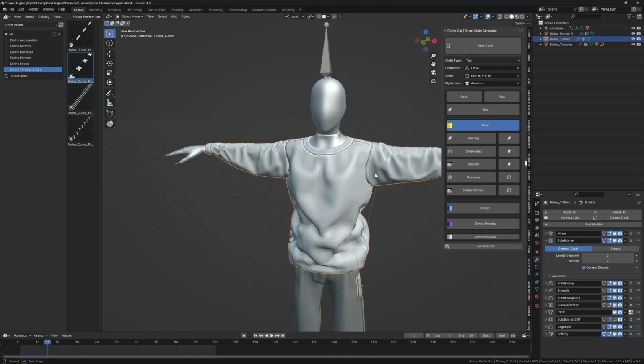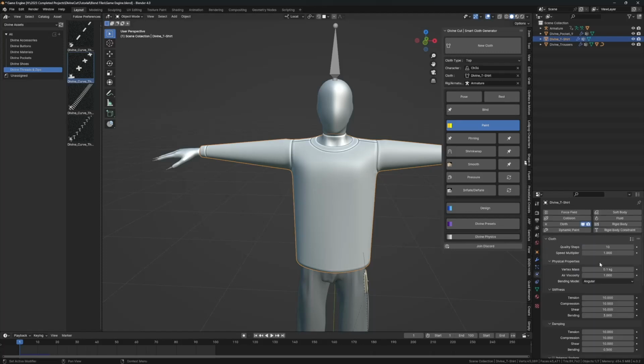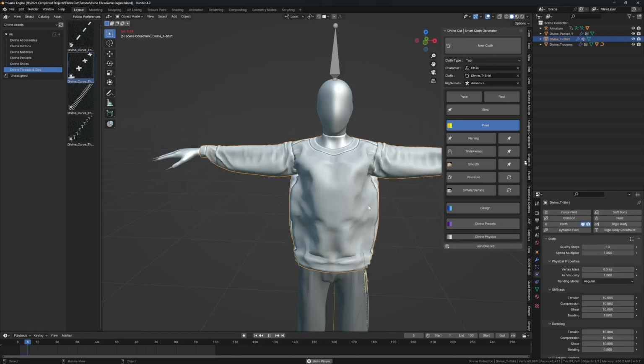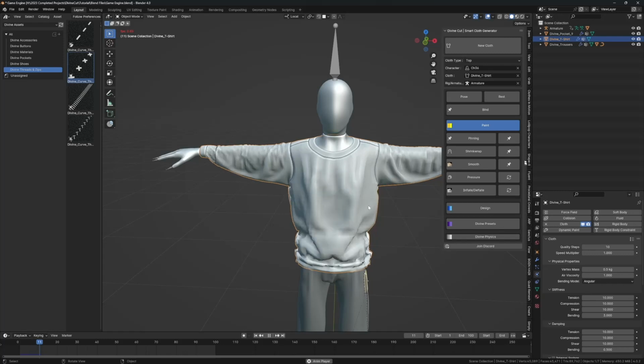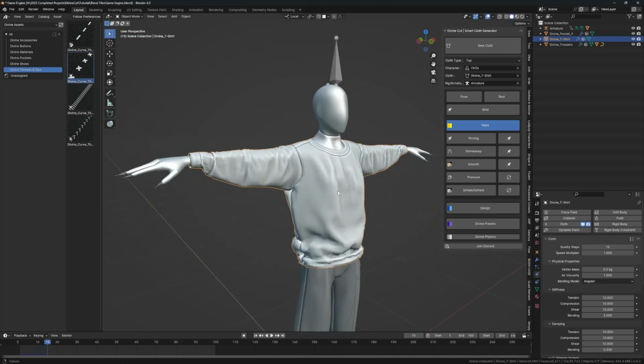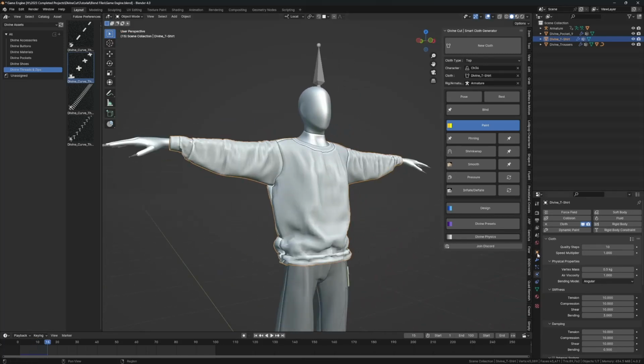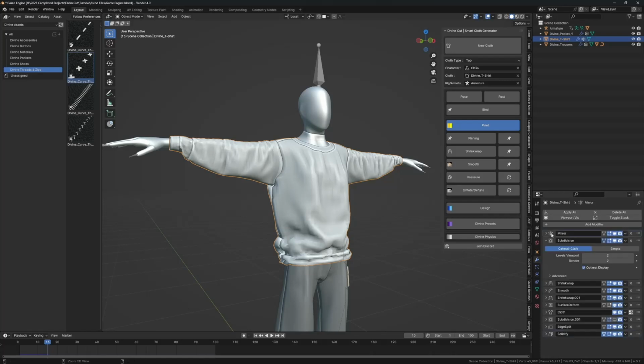Okay, you can increase the weight of the cloth in cloth settings over here. Change this to 0.5, and it will drop down a bit more, as you can see. And when you're okay with it, just come over here, the same process, apply all the modifiers till you get to the cloth,